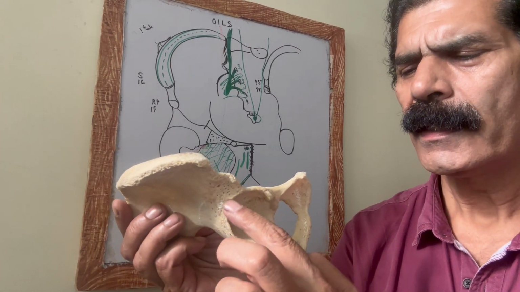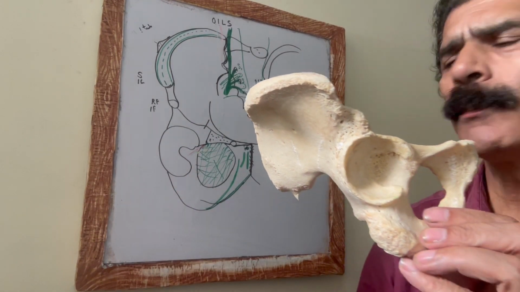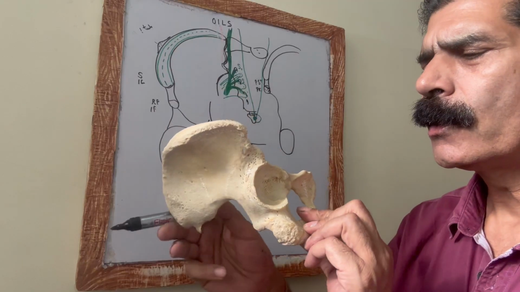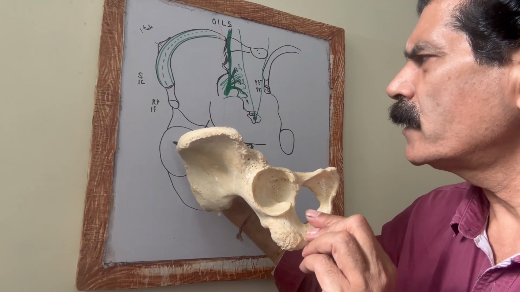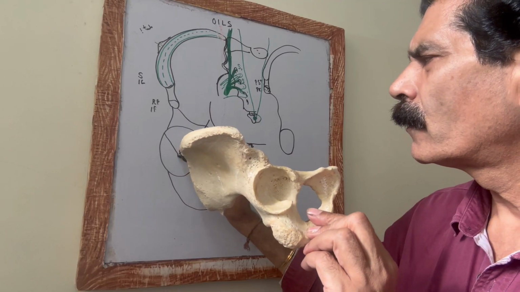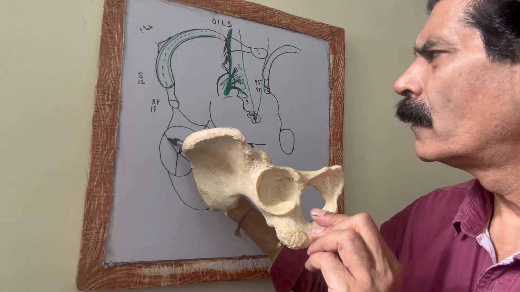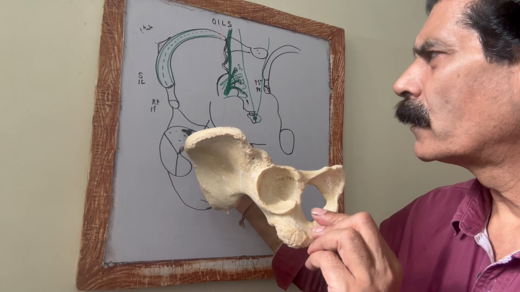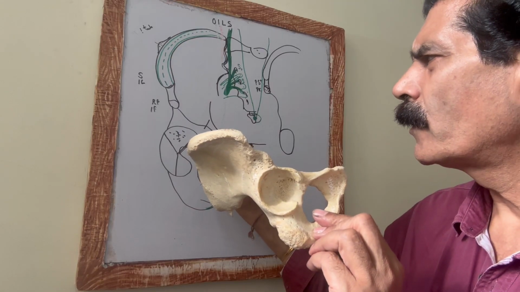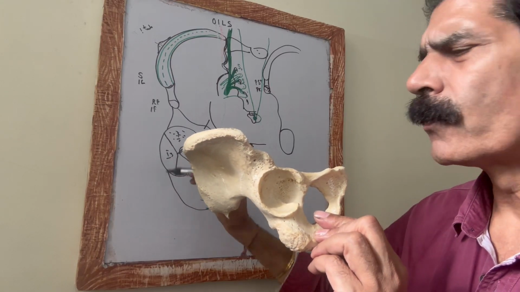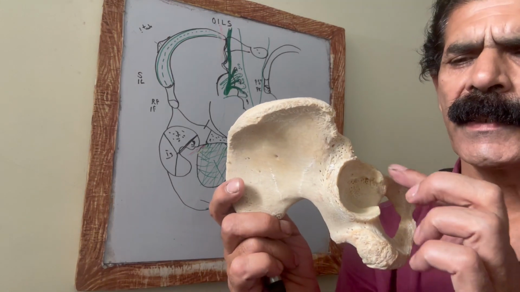Then the next feature here is the acetabulum. The acetabulum is the meeting place of all three hip bones. So it is formed by the union of all three bones. If we make a Y shape, the upper portion is contributed by the ilium, the largest portion. The medial portion is the pubic bone, and the lower is the ischium bone. All these three bones contribute in the formation of the cup or the acetabulum, and this acetabulum is also